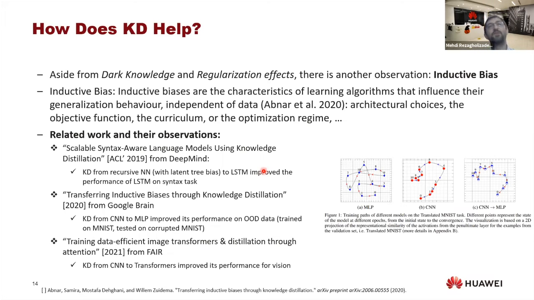So then we have a few very recent papers that show the importance of knowledge distillation in transferring this inductive bias. I want to highlight the second paper here, which shows that, for example, if we distill the knowledge of a CNN network to a multi-layer perceptron for the MNIST task, or corrupted MNIST task, then the training path of the MLP would become very close to the training path of the CNN,